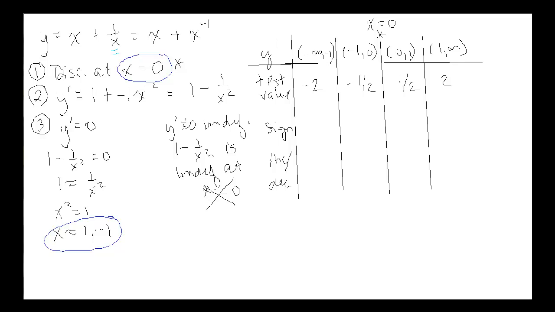We've got 1 minus 1 over x squared. So we've got 1 minus 1 over negative 2 squared, or 1 over 4. So that would be positive. We get 3/4. 1 minus 1 over 1/2 squared. So that would be 1 over 1/4. So it's really 1 minus 4, right? Divide by a fraction, flip and multiply. 1 divided by a fraction would be the reciprocal and multiply. So 4 over 1 times 1. So that would be negative.